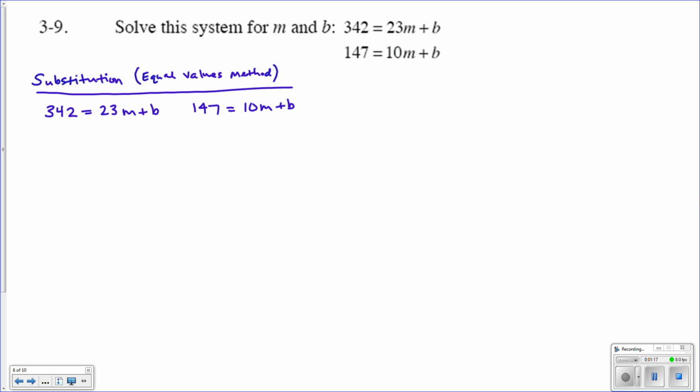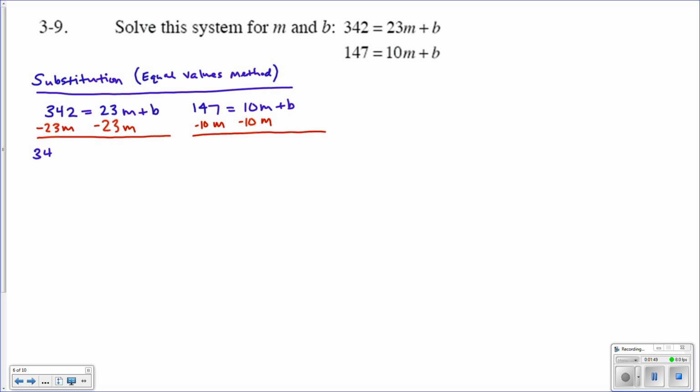What I'm going to do here is get b by itself in each of them first. So I'm going to go ahead and subtract 23m from each side. And on this one, I'm going to subtract 10m from each side. Please make sure you pay attention to where your equal sign is. So now we're ending up with